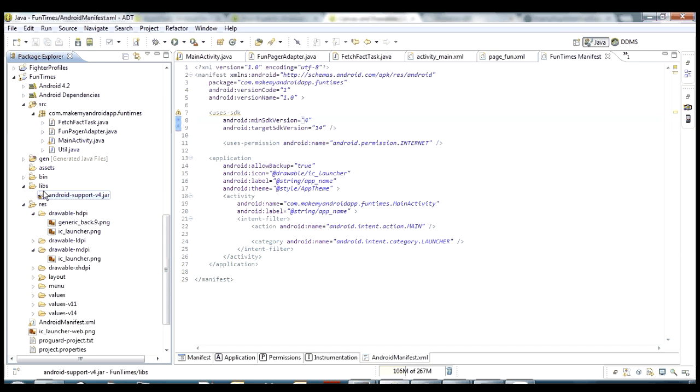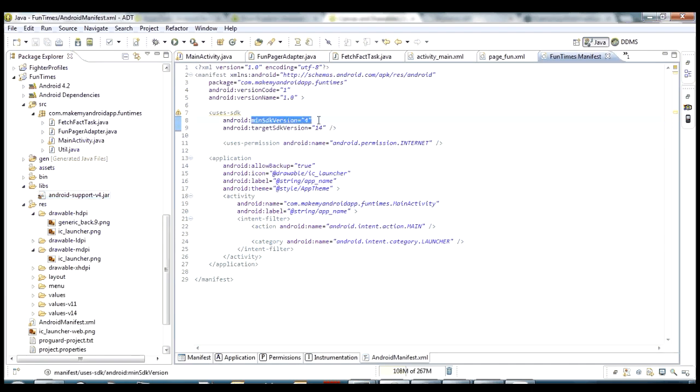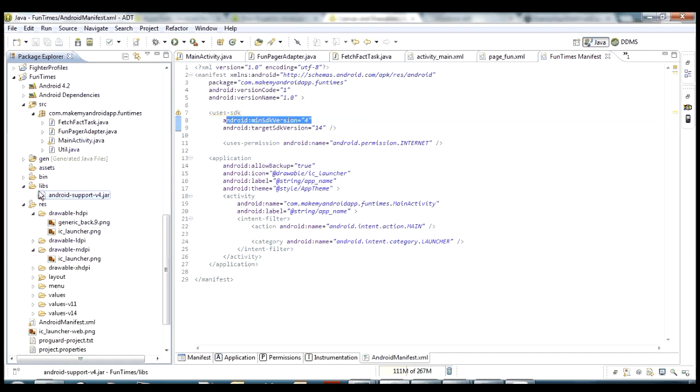Since we're using ViewPager, and ViewPager is part of the support library, if you're not using a new enough version of the platform, which you can see here, we're targeting platform number 4, minimum SDK number 4, we have to add the support jar in order to get ViewPager access on that platform. If you've got a new enough version of Eclipse, it will generate this libs folder for you whenever you make a new project, and it will put this support jar inside of it for you. But if you have an older version of Eclipse, then you have to go online, download this file from the developer website, make yourself a libs folder, paste it inside there,